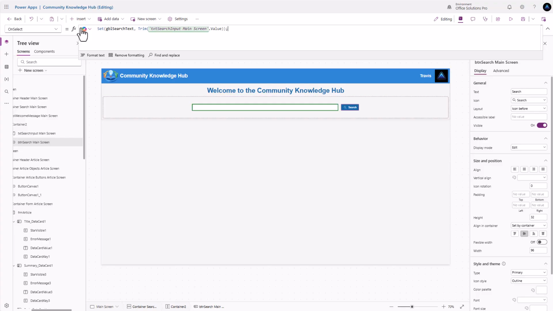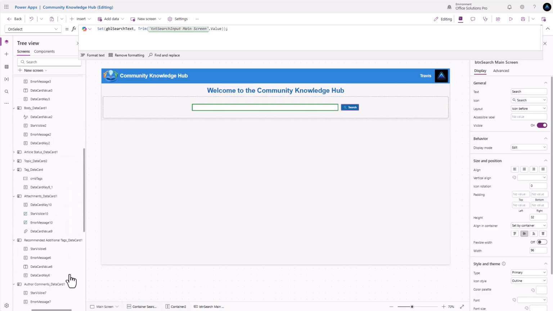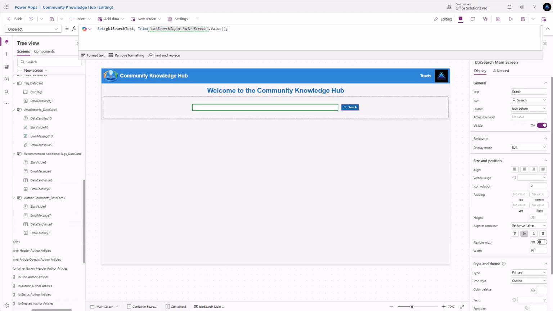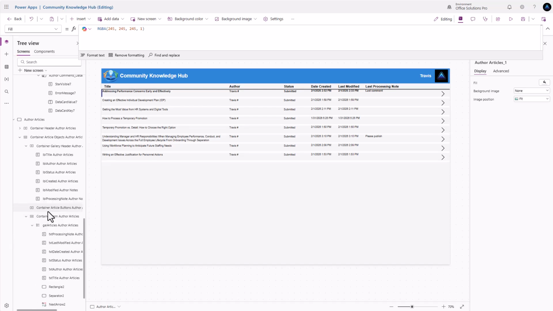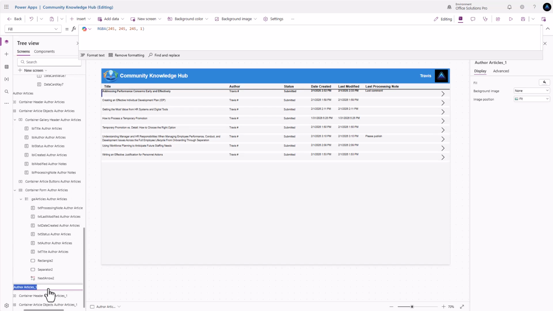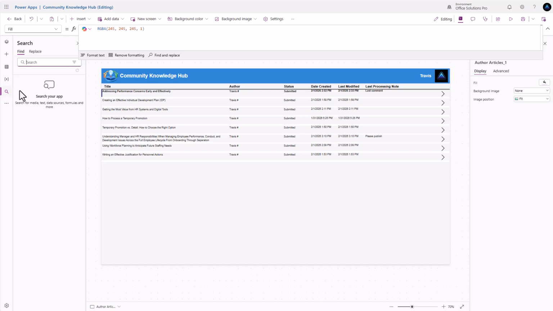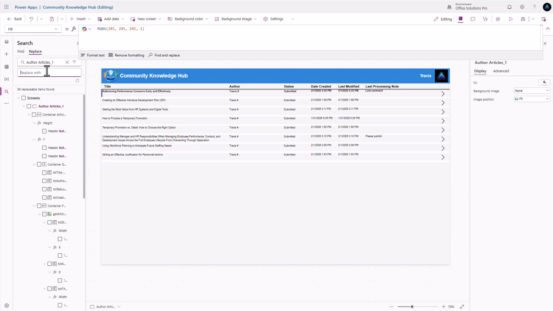And we're going to need to create another page for our gallery to actually list out the articles. Now, since we already have an article page set up, we're going to duplicate that. So we're going to copy our author article page here. All right, so now we've got that copied. Let's go ahead and rename this author article 1, and we're going to replace this with article search